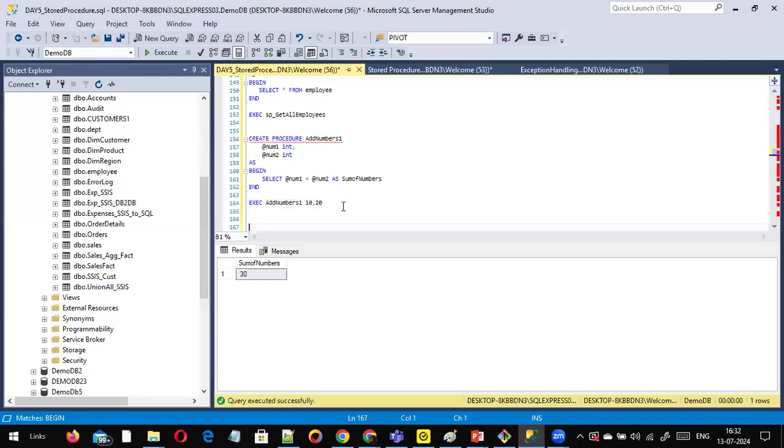Okay, and this is one example. See, in this case, you don't need the table name from class. I did not use it. Okay. Another thing, another example, is create procedure